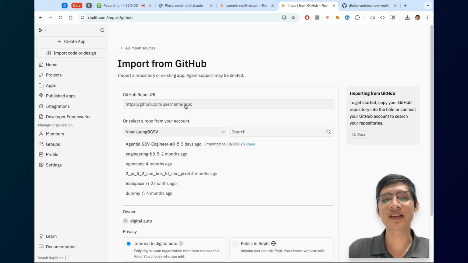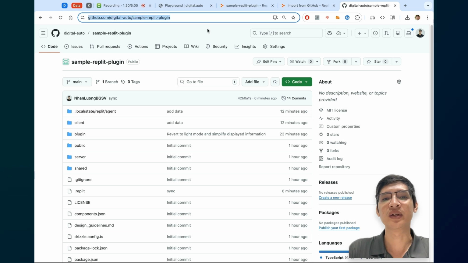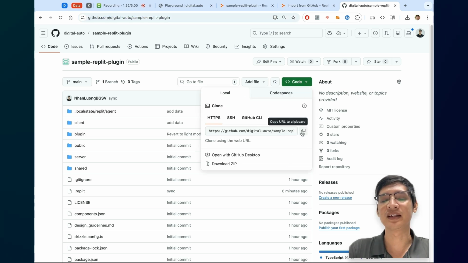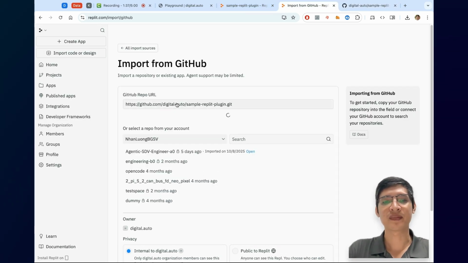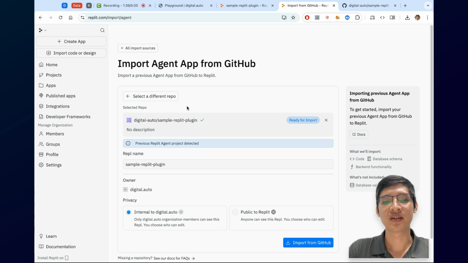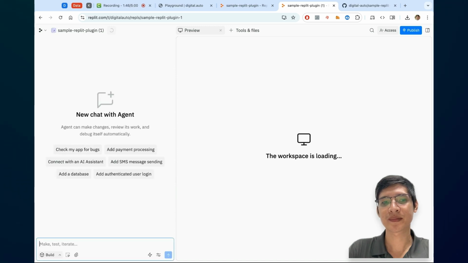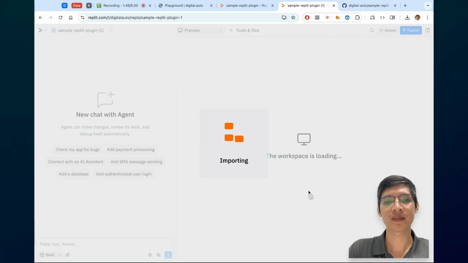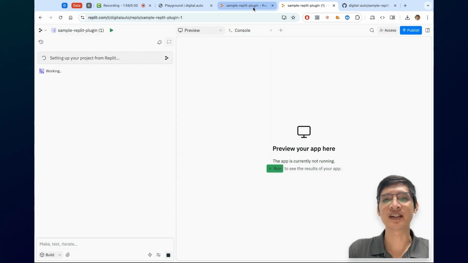And it's asking for a GitHub repo. You can go to our page and you can copy the link here. In the link, just paste it here, and then you can start a new project. It will take a while for creating, importing, and build, and after maybe 30 seconds, you will get